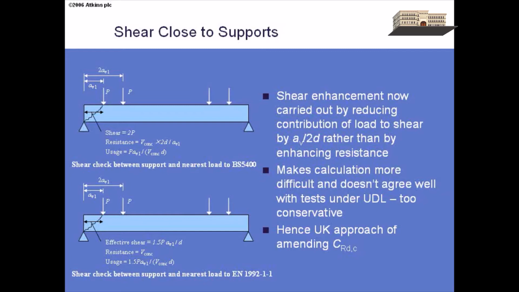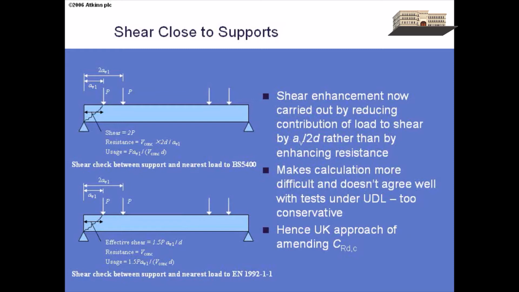That's not the same. If you've got one point load, then the two methods are the same. But if you've got more than one point load, then they've obviously got different AVs. And so the old British method is a lot more economic than the proposed Eurocode method. And there are some real practical problems with trying to unenhance the load by multiplying by this factor AV over